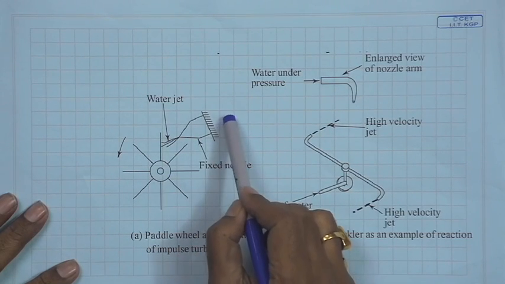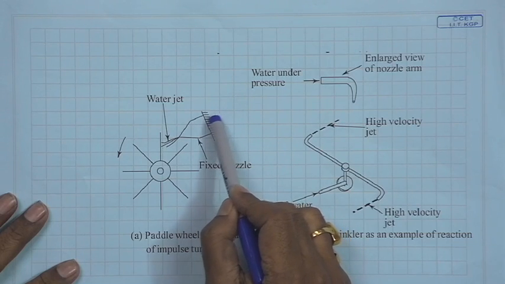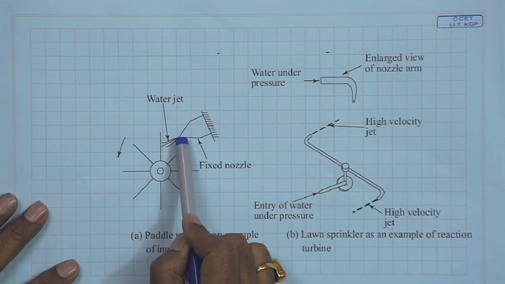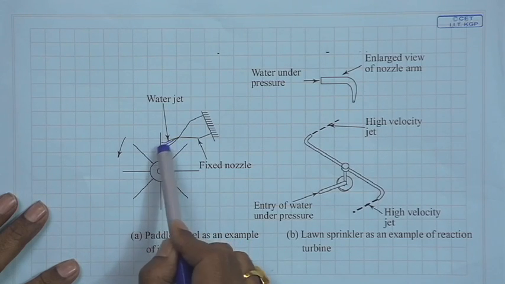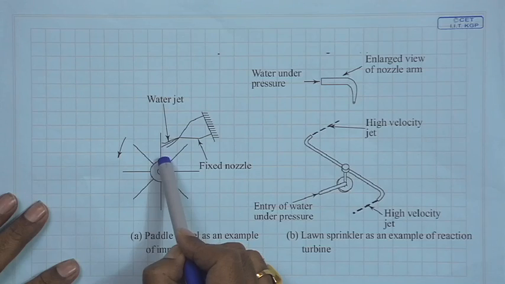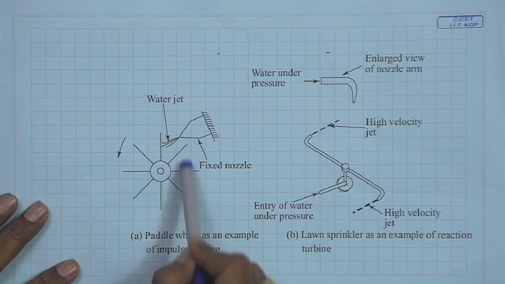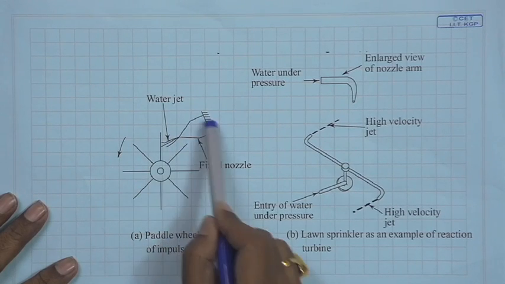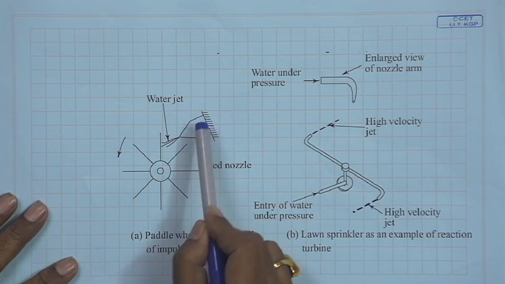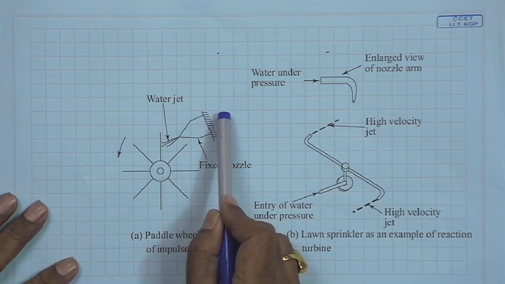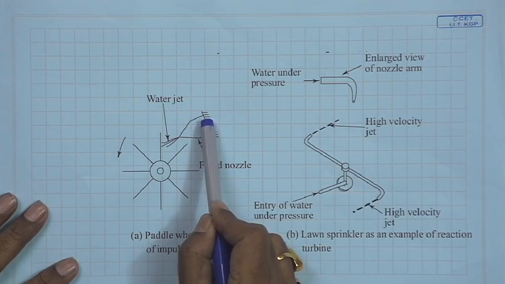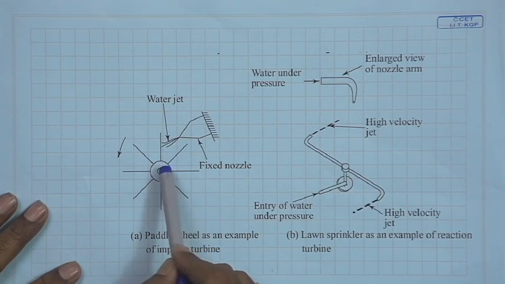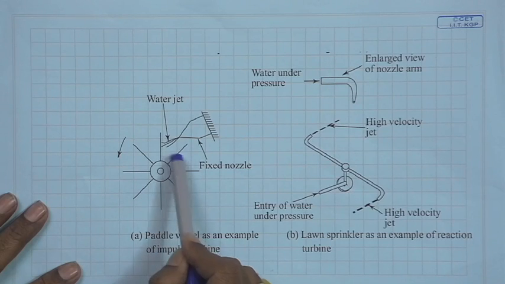The nozzle is fixed, the liquid, for example water, enters at high pressure. What is the function of the nozzle? They convert this pressure into a high velocity water jet, and the jet impinges and flows along the blade and ultimately comes out with a low velocity and this blade rotates. So, here the paddle wheel is the rotor and we can consider the nozzle as the stator. So, the nozzle converts the stored energy of the fluid in terms of pressure at the beginning to a high velocity jet, whereas while it flows through the rotor, the work is done by the rotor, or energy is